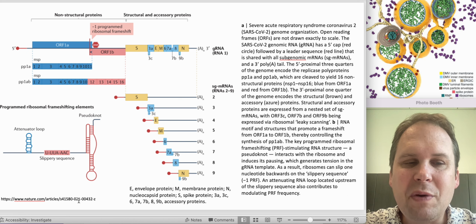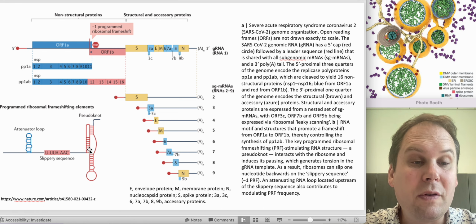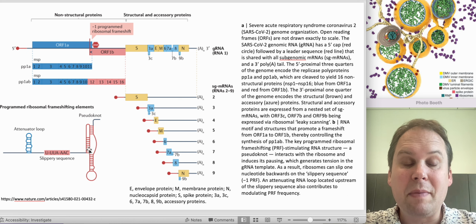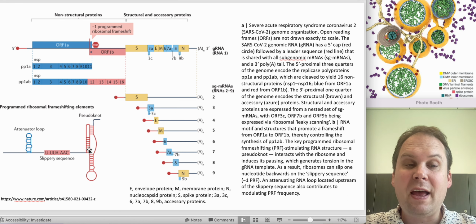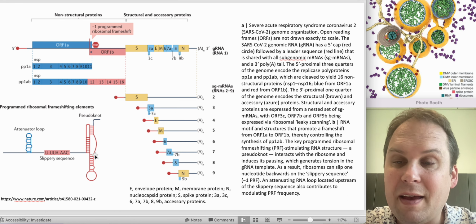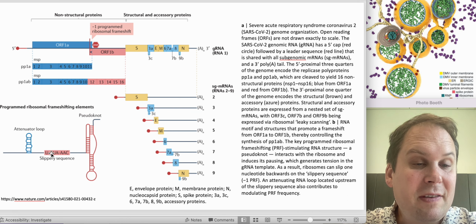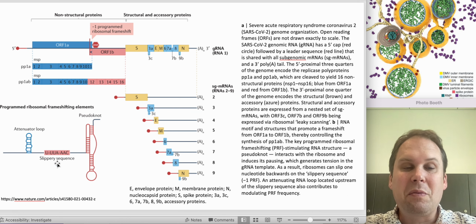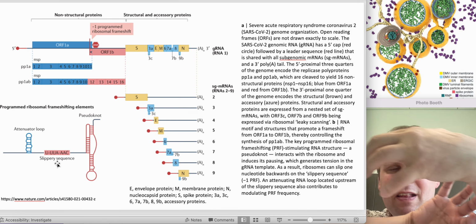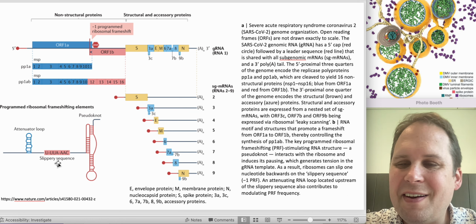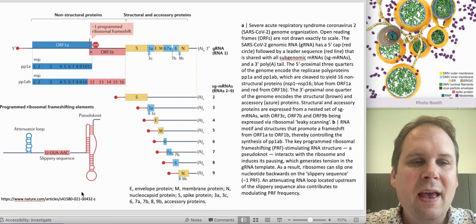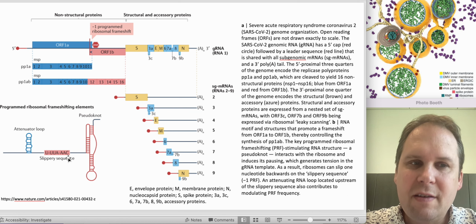And so SARS-CoV-2 has an extra thing. So we have the pseudoknot, which wraps around the ribosome and prevents it from flying apart when it hits that stop codon. And we have the slippery sequence, which is like the little patch of ice. And so we're going to grab our ribosome and slide it back one nucleotide on the little slippery patch.